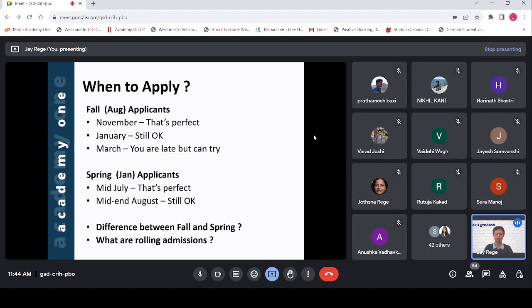Now, okay, if there is someone here who is applying for spring and wants to know what is the difference between applying to spring and fall. The basic difference is that if you go in spring, of course, first, there are some universities that don't have spring admissions. In the sense, they will not admit students in spring, so you have to apply in fall only. But if a university allows you to apply in spring or join the university in spring,